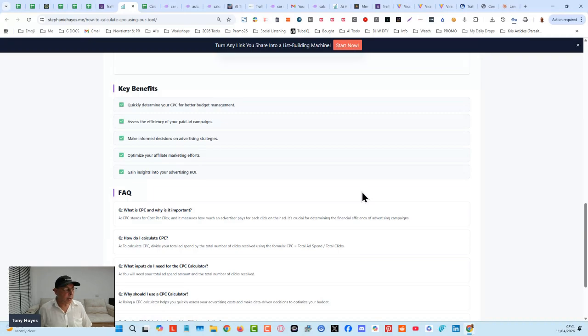Ideally, you're going to build out multiple pages, multiple tools around specific topics. In search engine optimization, we call that building topical authority, where you're building lots of useful stuff around different subtopics of a main topic. So we're building this topical authority, but not so much with content, it's with tools, with calculators.